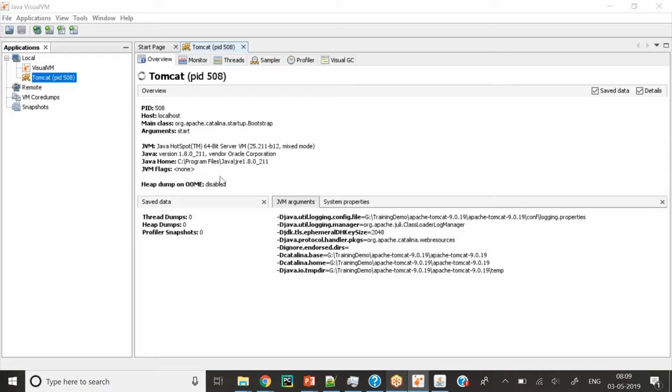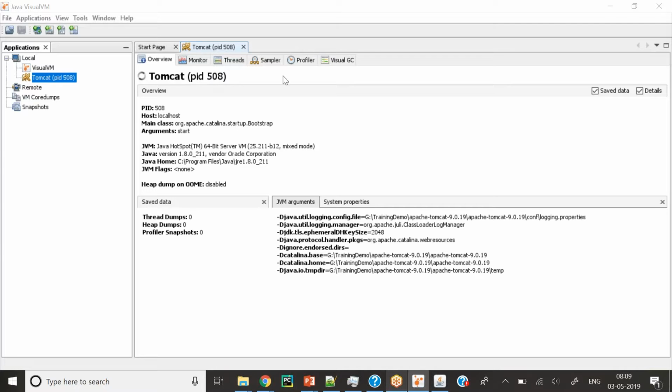There are none. And the arguments given, we have not specified any specific arguments, so it is using the arguments on its own. Whatever arguments it already has configured, these are the arguments you can see over here.